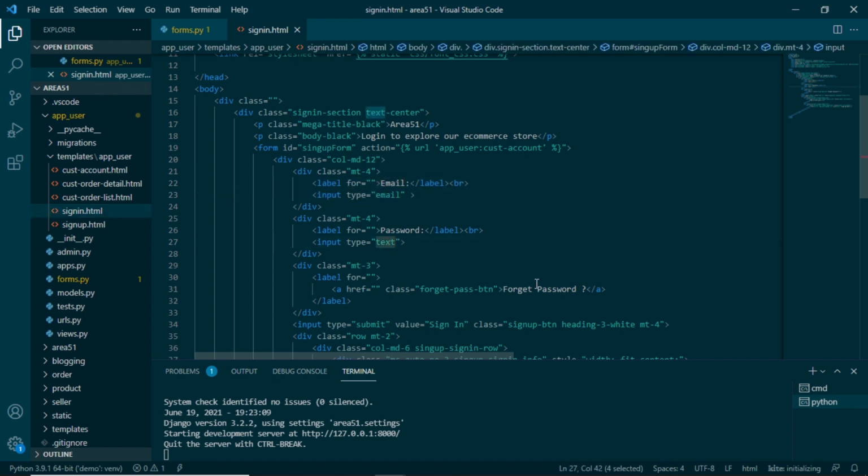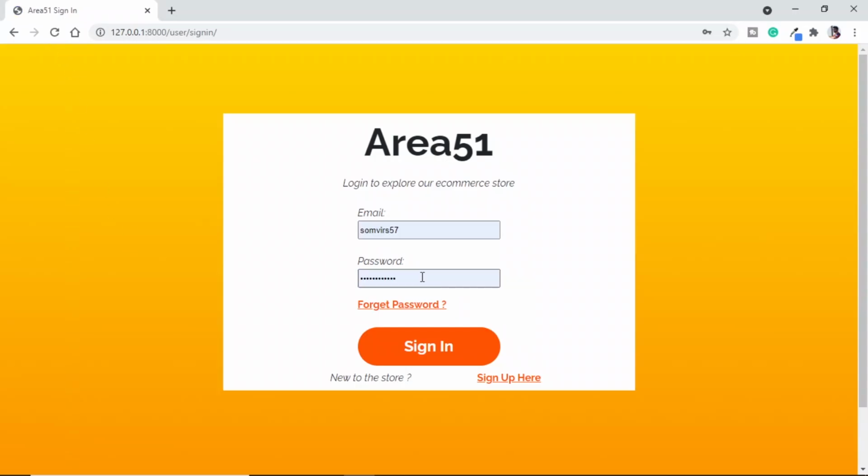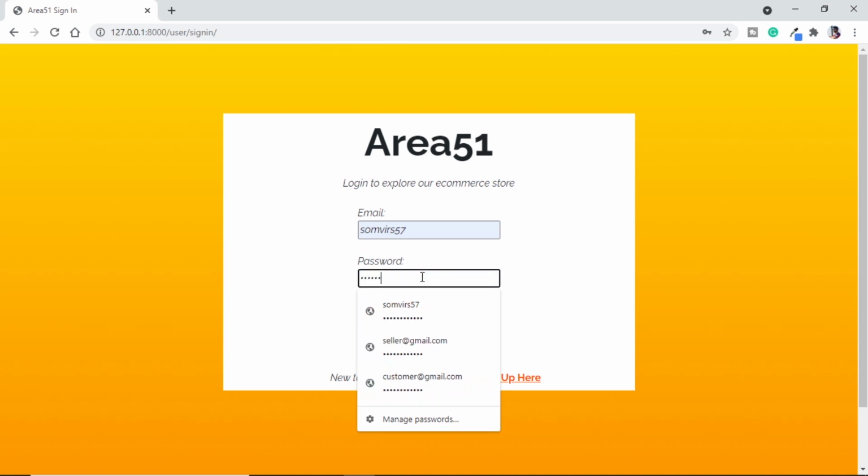So let's make it password, give it a name of password, and give the name here to, let's say, email, so that we are able to catch them in the post process. Let's quickly cross check it with our HTML. If we refresh and try to put something here, we can see we are able to just see the dots as we are supposed to be.